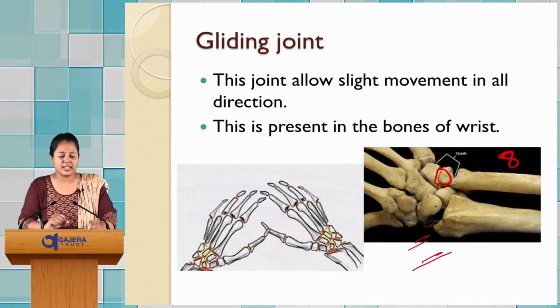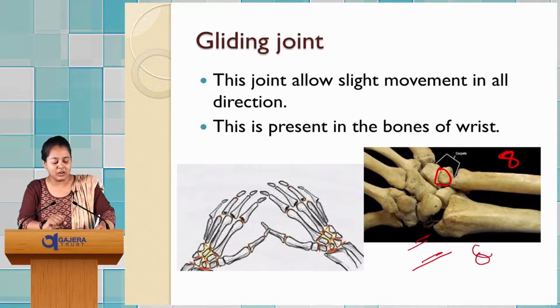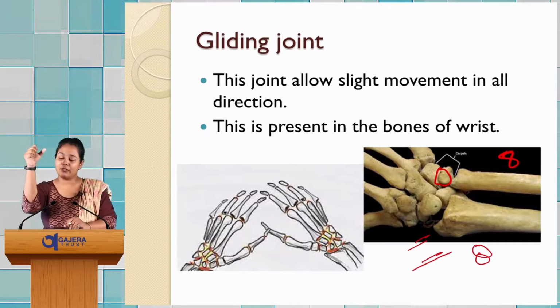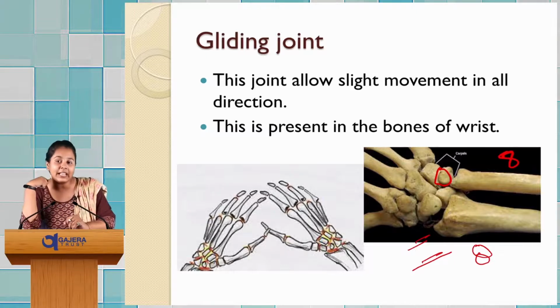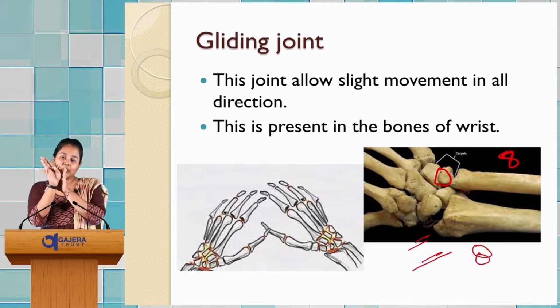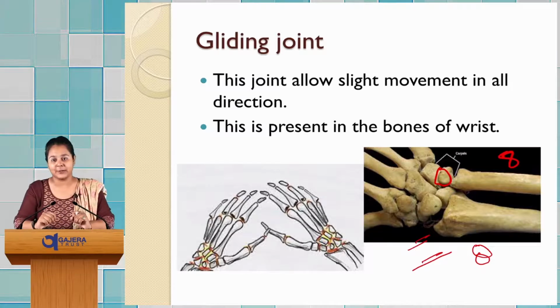Now when the bones are sitting on top of each other or along with each other, they are gliding on top of each other when we are moving. If you have a wrist, for example, you can bend your wrist left and right. How are you bending it? You are bending it because those bones are simply gliding or smoothly moving on top of each other. This type of joint is known as a gliding joint.